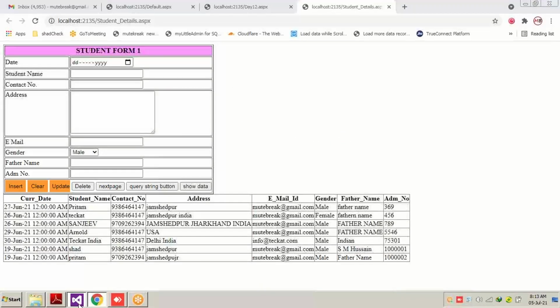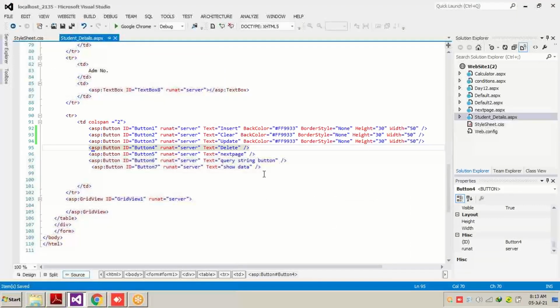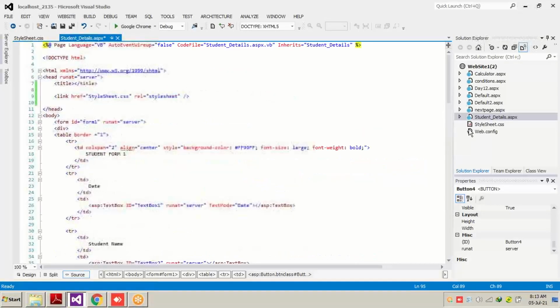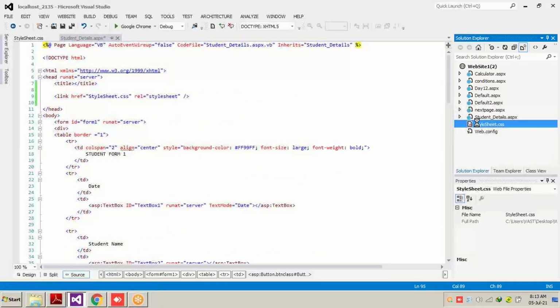Okay. Now what I will do, for the delete button, I will be adding that particular class which we have mentioned in our style sheet. I will put a space and write CSS. Now you can find it over here, CSS class. As I select the CSS, it's going to show me the same class which we have mentioned in our style sheet. I will just go to it and press space and the class has been selected. Means this class will be coming from where? From this particular style sheet.